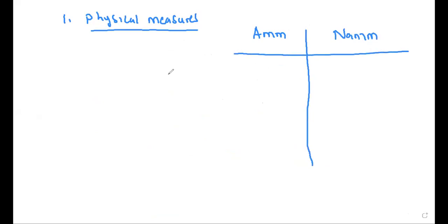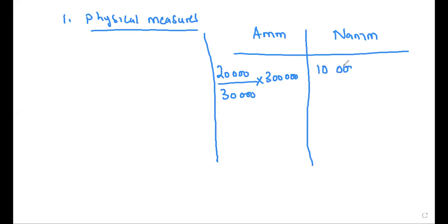We want to allocate the joint cost. So for ARM, it's going to be 20,000 over 30,000 times 300,000. Then for NAM, it's going to be 10,000 over 30,000 times 300,000. How much are we going to have for ARM,